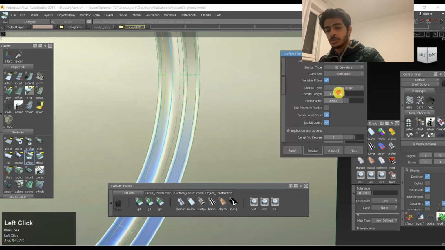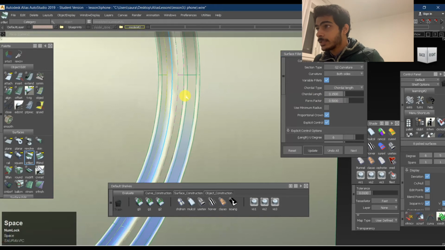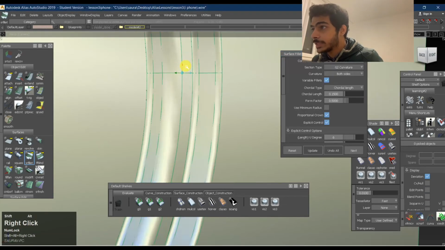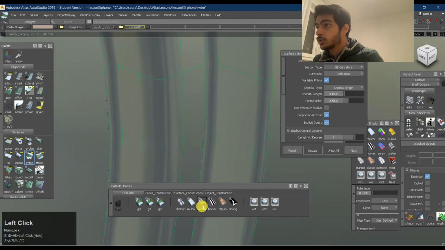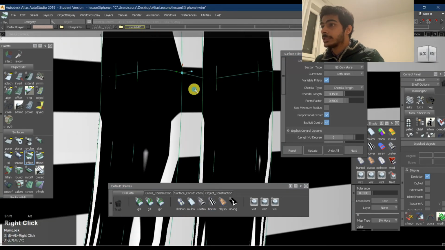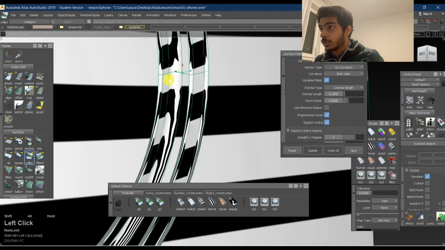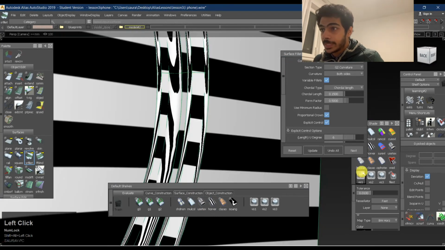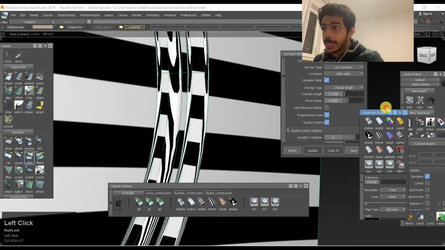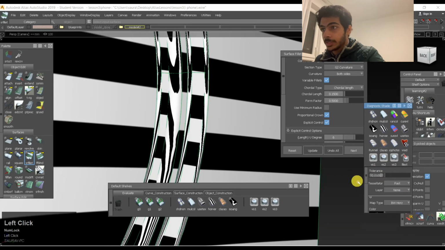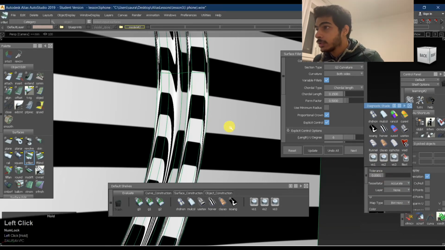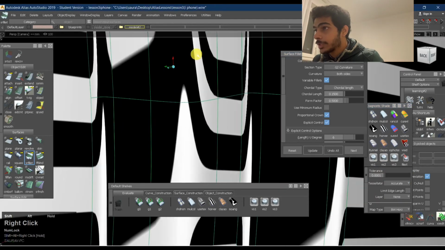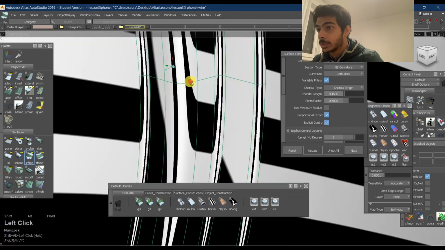And these fillets are so small that even our display tolerances are not matching. So even if our fillets are pretty good, it is not able to show that depth, because you see how jagged the lines are. If I turn the display tolerance over here in the diagnostic shading, I just take it to 0.001 and keep it to accurate. You see how it got better? So that's how it works.